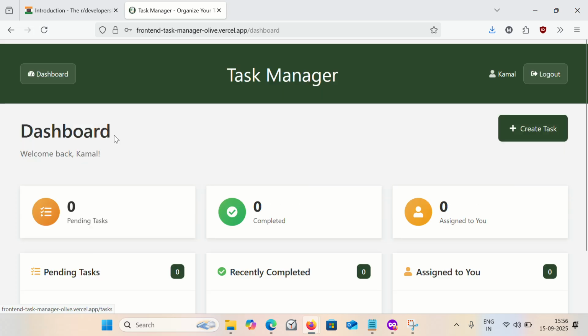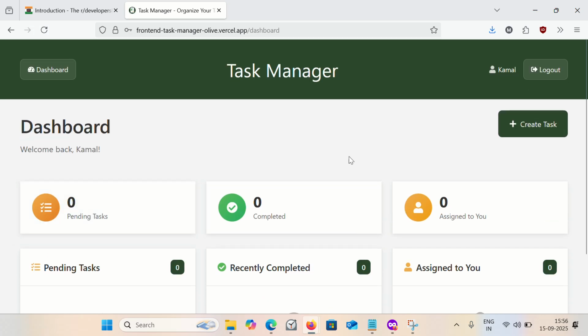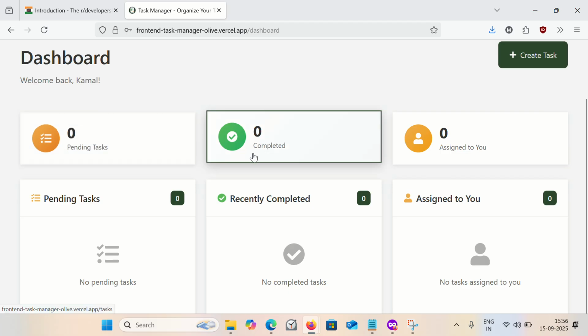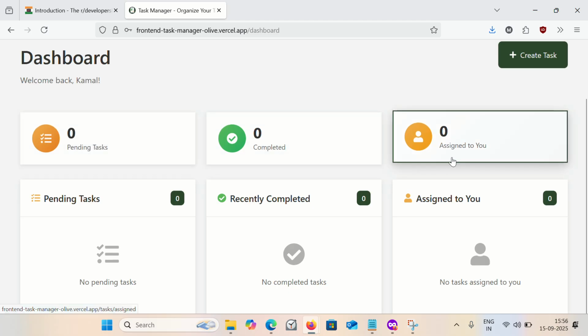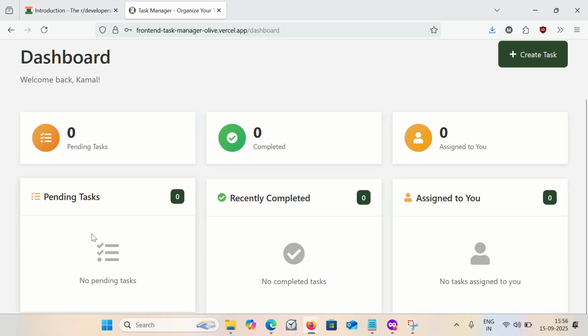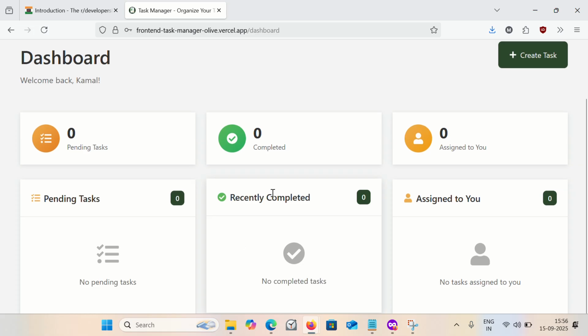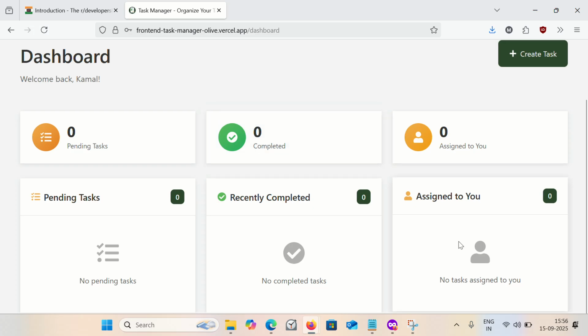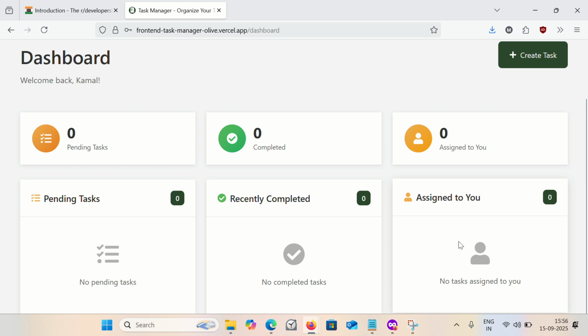And as we can see, this is the dashboard of that particular user, and in this dashboard we have all the pending tasks, all the completed tasks and all the assigned tasks. Whatever task we create, all the pending tasks will be visible here and we can scroll to see them. Whatever completed tasks we have, those will be visible here, as well as the count of those completed tasks, and all the tasks that are assigned to me will be visible here